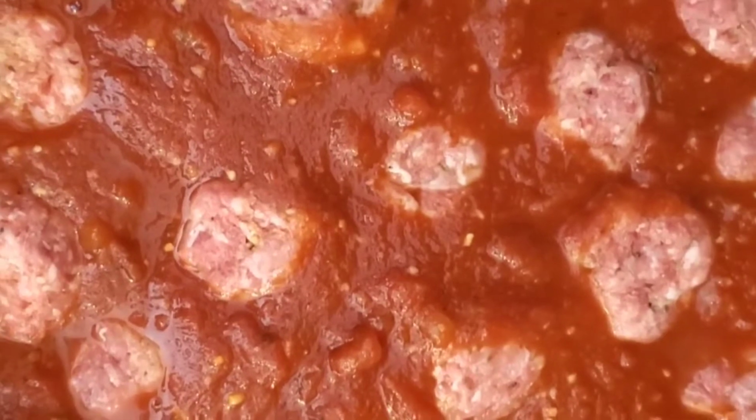Okay, I barely squeezed all of the meatballs in there. You can see it's very full. So at this point, you don't really want to stir it, like I said, because they will fall apart. So I usually just push them down a little bit into the sauce. I'm trying to get a little bit of sauce on the top of each meatball if you can. It's okay if it's not completely covered, but just enough that you can